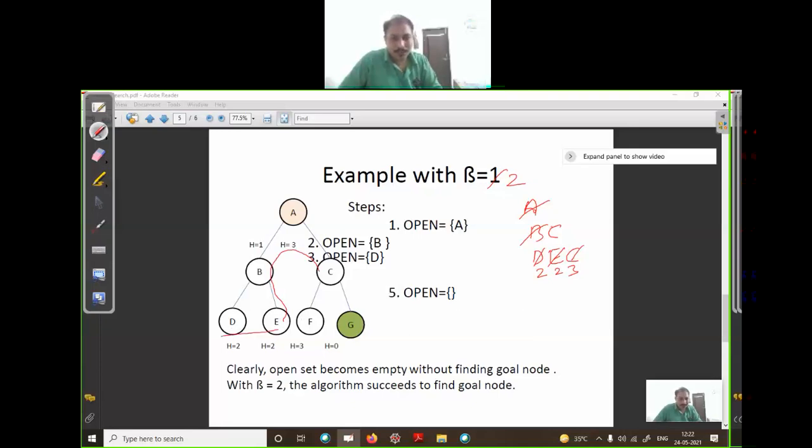As you can see, we backtrack. We have not found the solution in this branch of node A, so we backtrack and explore C. When we explore C, there are two successors, F and G. Which node has the least heuristic value? We enter G first, then F. Now we explore G, and it is the same as the goal state, so we stop. So as you can see, in this beam search technique we are backtracking. We have not found the solution in this branch, so we backtrack and reach the next branch of that node.